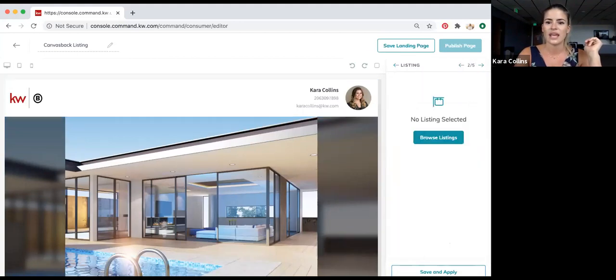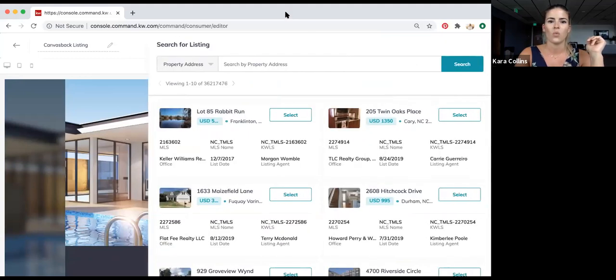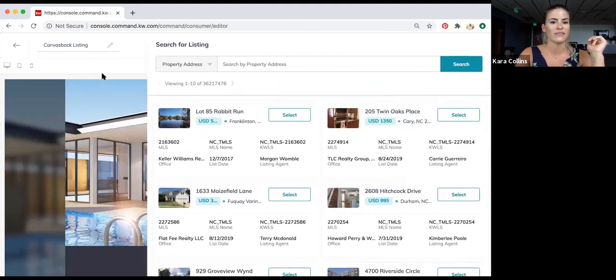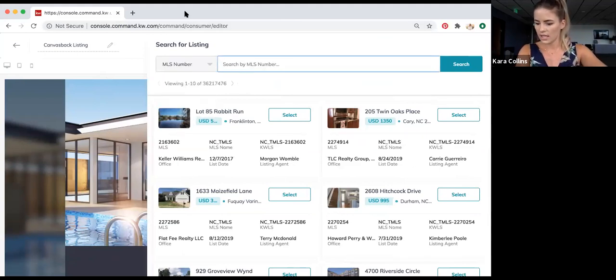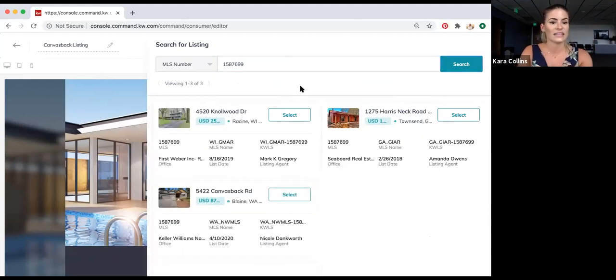So then the next widget is our listing widget. I wanted to pull a property that does have a video, so I chose one that's from my office. It is 515-87699. And just know that in order to get access to all of this stuff in Command, you do need